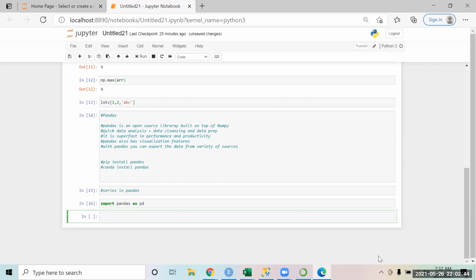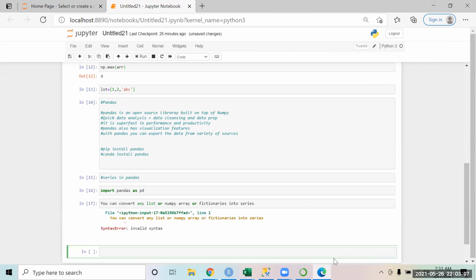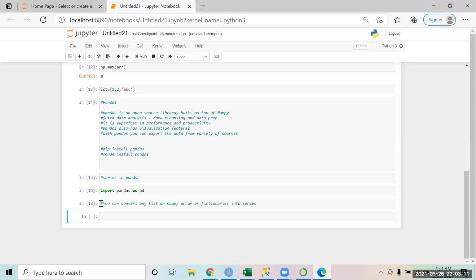Now you can actually convert any list or NumPy array or dictionaries into a series. Now a series is nothing, right? It's just a one dimensional way of storing your data. That's it. It's nothing very fancy.